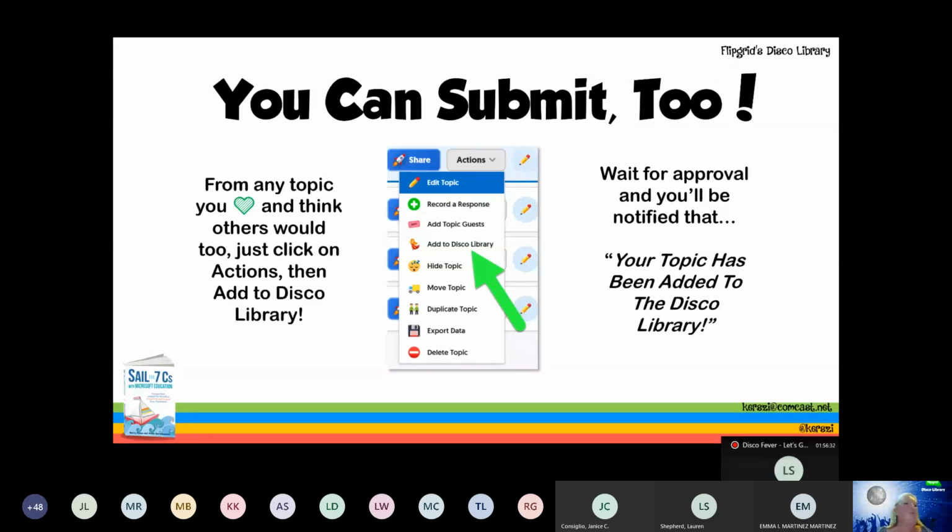Please, I told my friends at Flipgrid that I was going to mention this today. Ever since remote learning began and more of the world has learned about Flipgrid, and more interest has been there, and teachers have time to get creative and explore these great tech tools finally, the submissions have been pouring in, like the floodgates have opened, and my friends at Flipgrid are really good. They have a team who goes through every submission to make sure it's appropriate, you know, everything's filled out, and then they put it through to the Disco library.